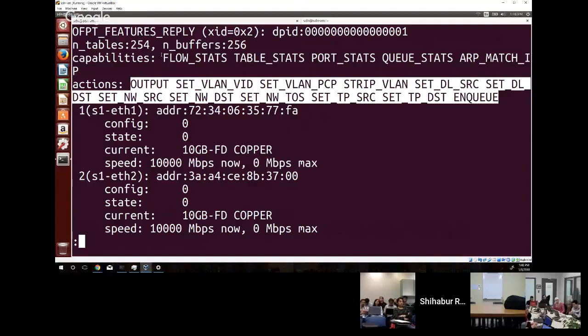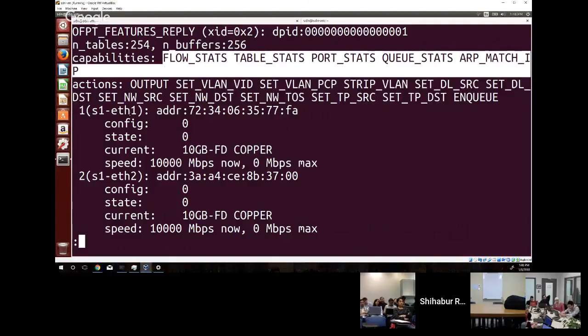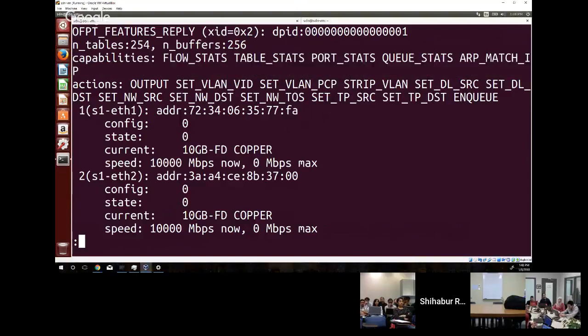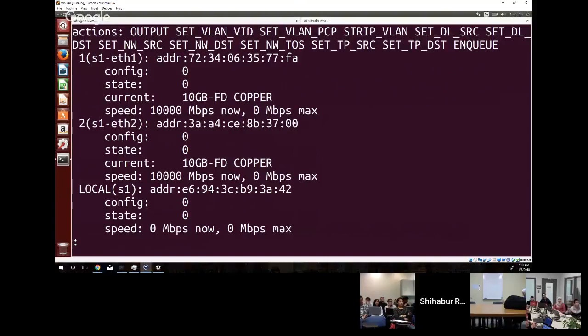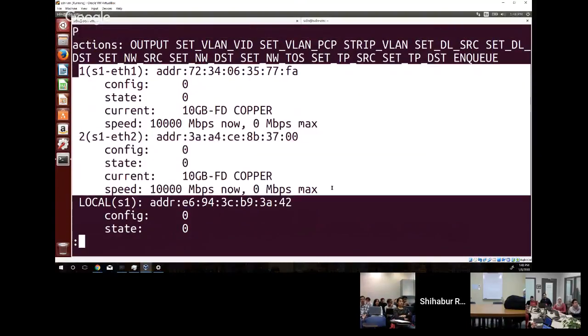And also some switch capabilities, as in whether the switch, for instance in this case, supports per flow statistics, per table statistics, and so on. We can run the same command on the hardware. We can probably see different things or the same thing as we're seeing here, but it will show what exact capabilities are implemented by this particular data plane equipment, not necessarily all the things defined in the specification. And then the description of the ports. For the first switch, we had two physical ports. One port was connected to a host, and another port was connected